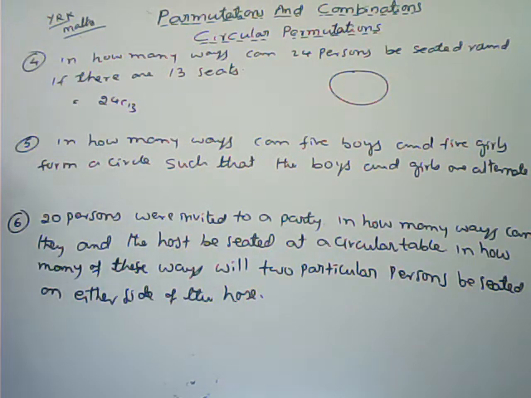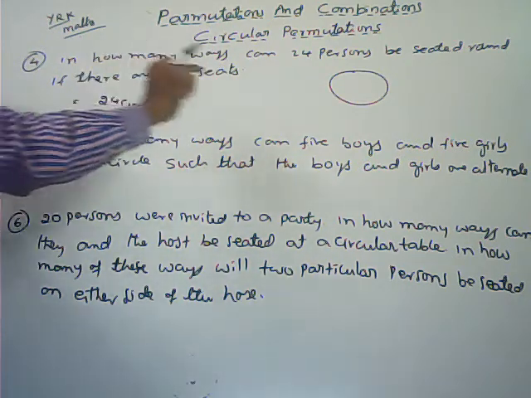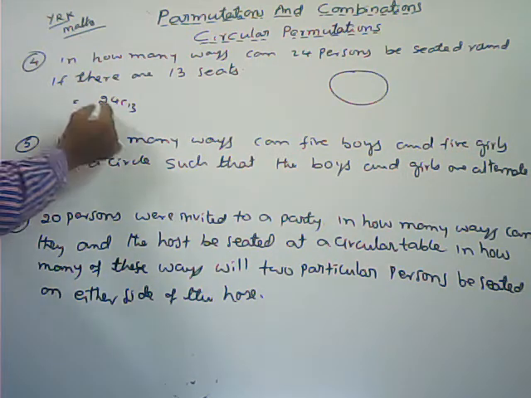Combination is always nCr. The number of ways of selecting r persons or things at a time from n dissimilar things is nCr. Here nPr is the arrangement, the number of arrangements by taking r at a time from n dissimilar things. Arrangement and selection are different. There is so much of a difference between them. Now total 24 persons are there, but at the circular round table how many seats are there? Only 13. That's why first you select 13 persons out of 24 persons, that is 24C13.